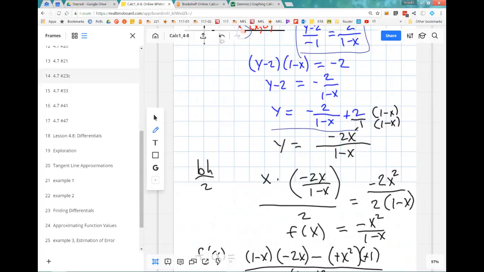Then I wanted to get this 2 connected, so I got a common denominator by multiplying top and bottom by 1. Anyway, finally, here's my equation for that line. All right, so now that I know that,